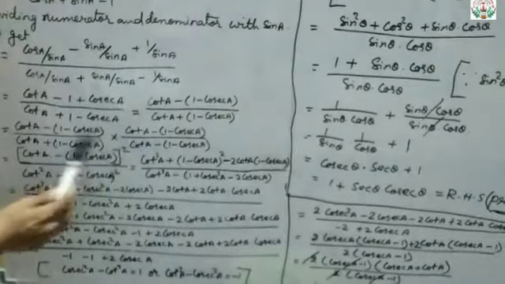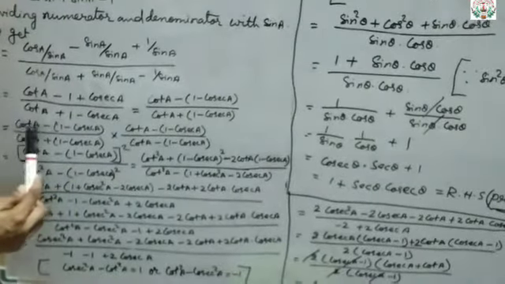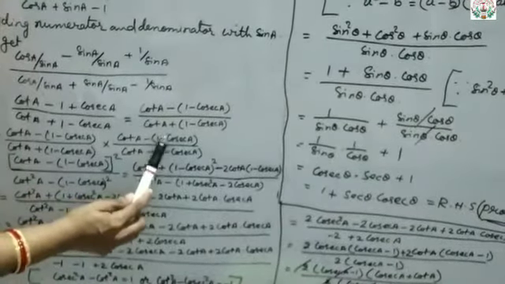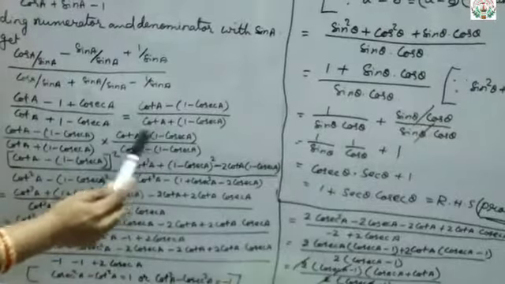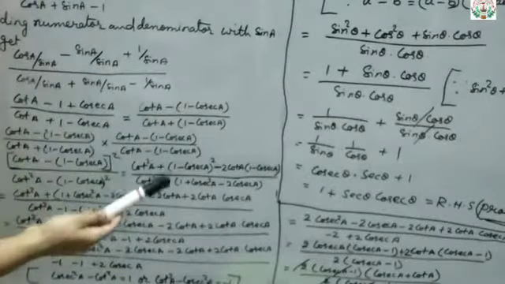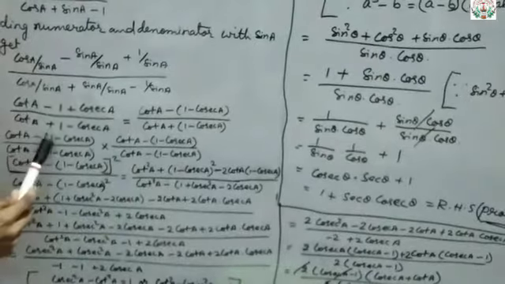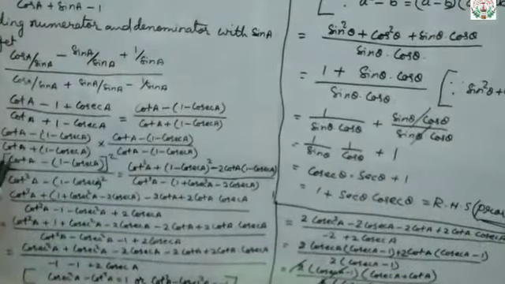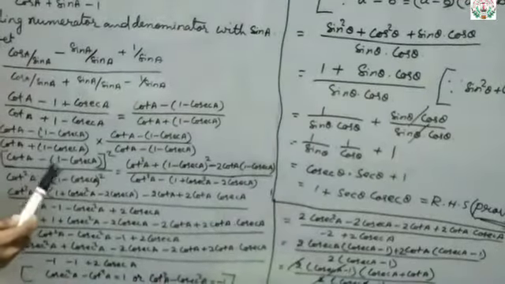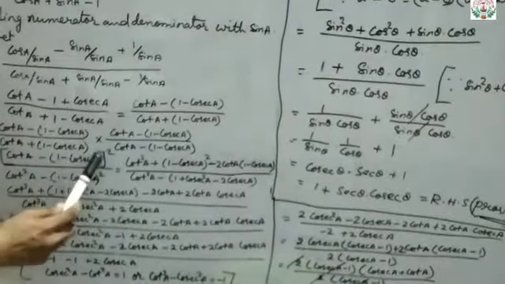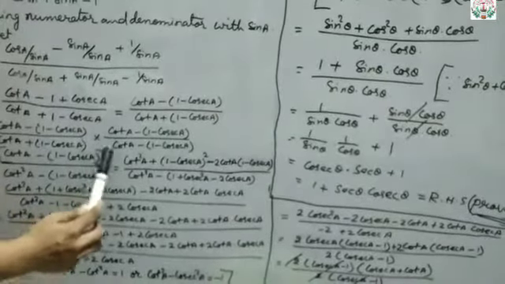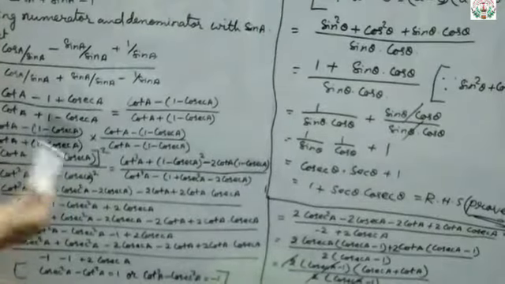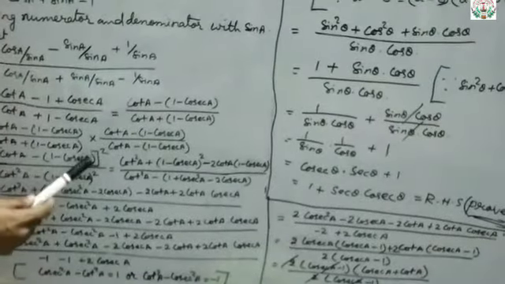Okay, recall? Now, so this will be what? Cot A minus 1 minus cosec A within bracket, 1 minus cosec A. Means what? Same terms are in the numerator, means it will be a square of it. Okay. A minus B into A minus B will be A minus B whole square. So now you can write here cot A minus within bracket 1 minus cosec A which will be in bracket whole square. Okay, because 2 times the same term is there, that means it will be the square of that term. So now here the square of this.